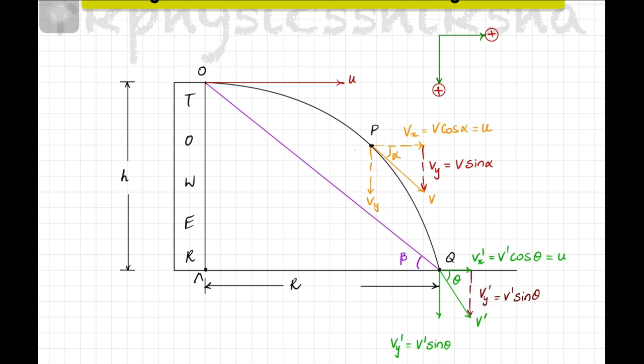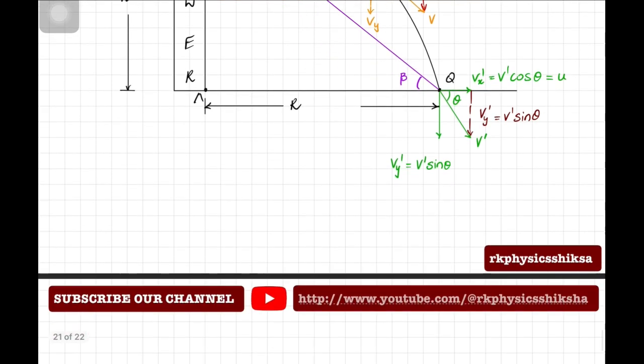So if you consider time of flight or time of descent, the first condition, which is question A, the calculation of time of flight or time of descent. If I have to calculate time of flight, which I take as capital T, the total time taken for the particle to reach the point Q from the point of projection, I use this equation of motion, S is equal to ut plus half at square,